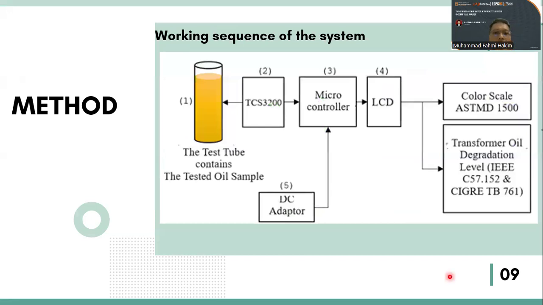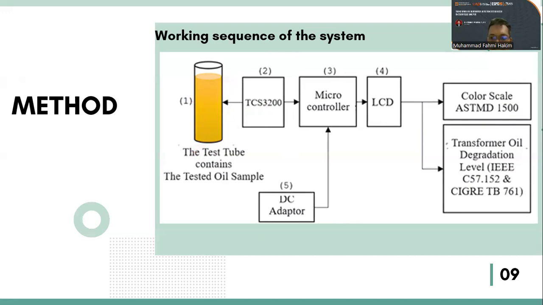And then how about the working sequence of the system? In this figure, the power supply is connected via a DC adapter, which produces an output voltage of 5 to 12 VDC to activate the microcontroller and color sensor. The transformer oil sample to be tested is put into a test tube, and then the color sensor reads